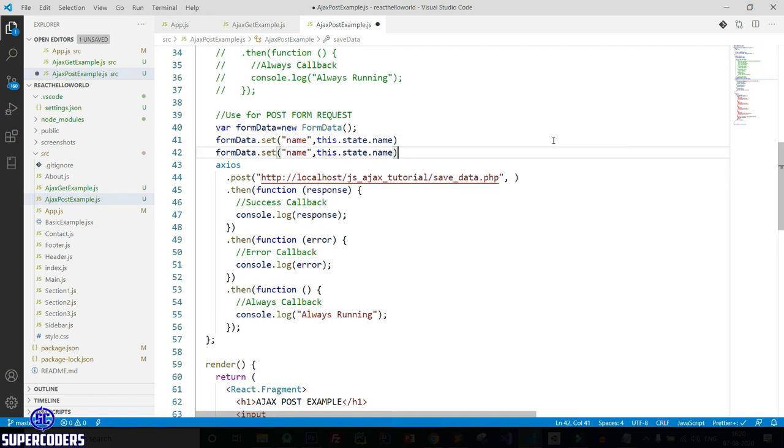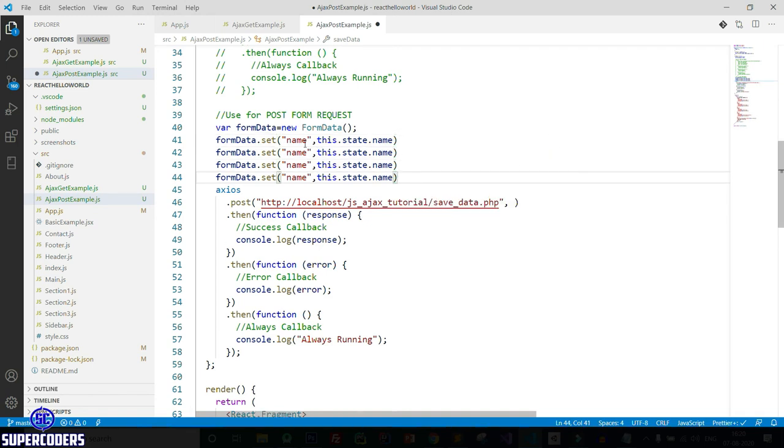Again type Ctrl D, email, age, qual, email, age, qual.